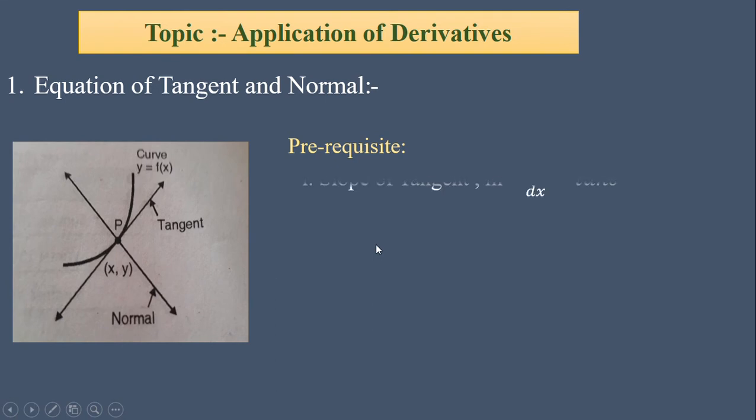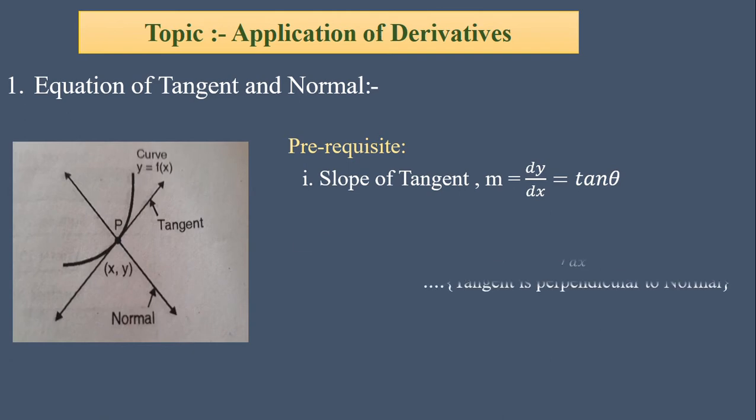To find equations of tangent and normal, we first have to know how to find the slope of the tangent. If the equation of the curve is in the form y equal to f(x), then by differentiating that curve once only, you will get dy by dx, the first order derivative. The first order derivative dy by dx itself means the slope of the tangent. So differentiate the given curve first of all and find the value of the slope of the tangent.